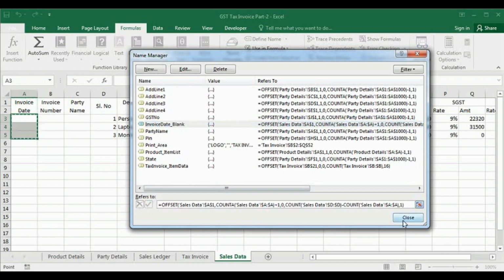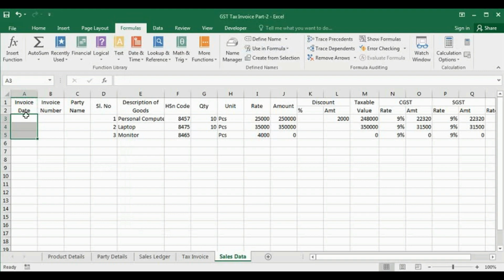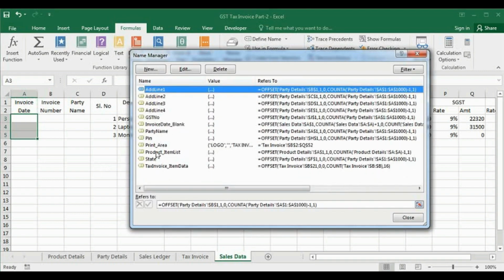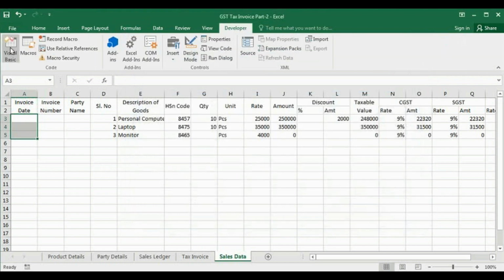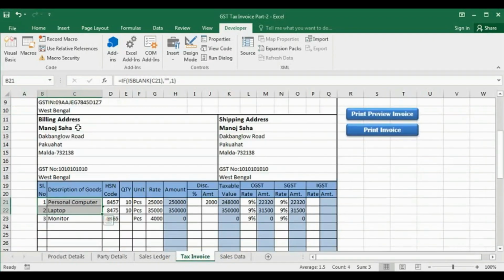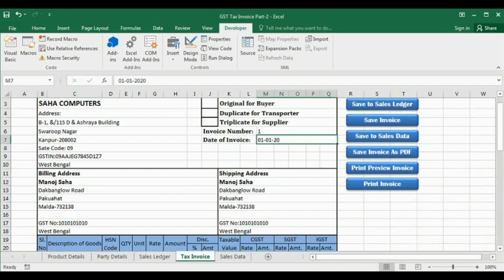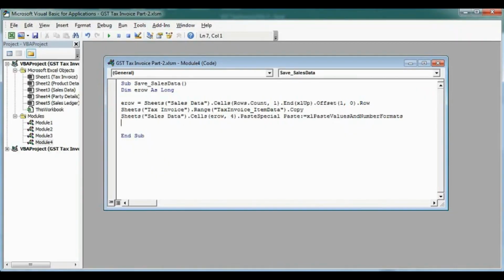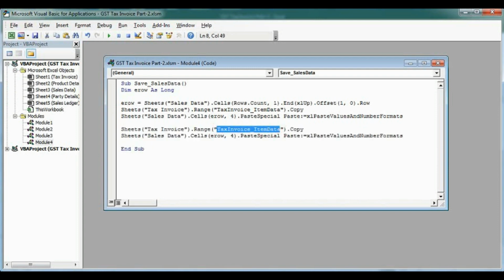So for the invoice date blank, let's see again. Go to Developer. First, the invoice date is on M7. So go to Visual Basic, again type the same thing, let's copy this, and here in range we will put M7.